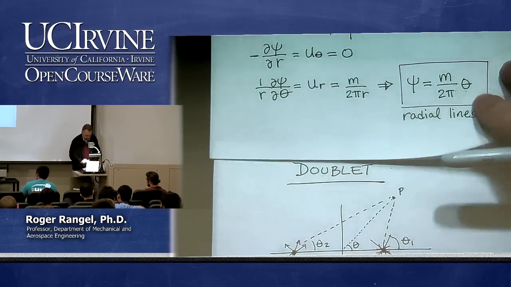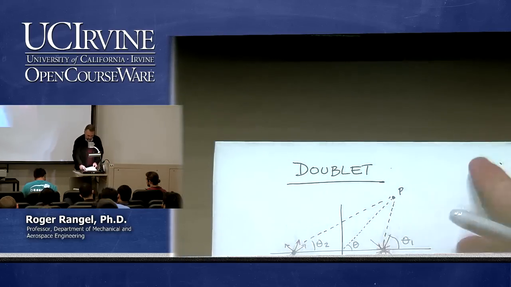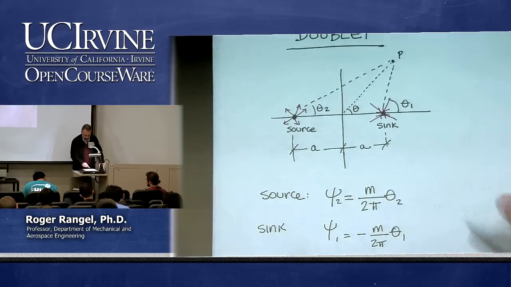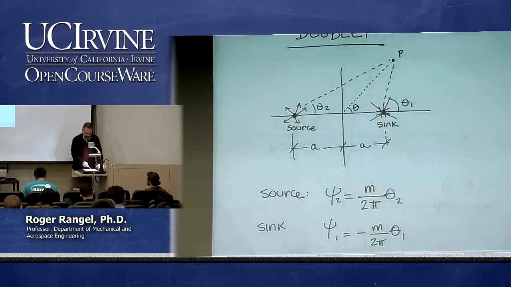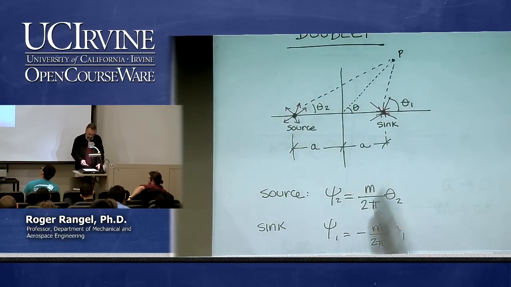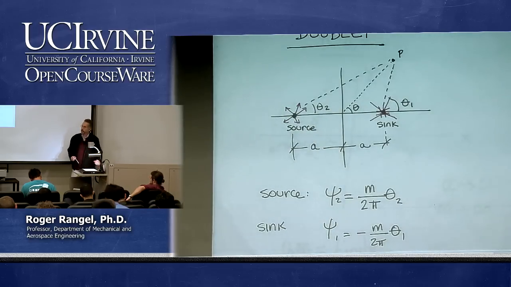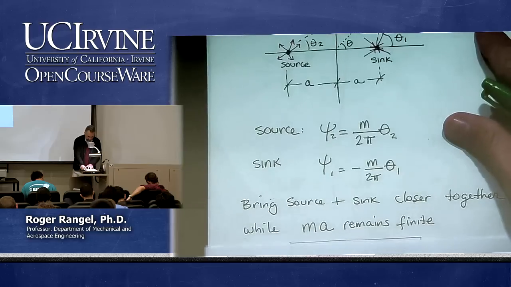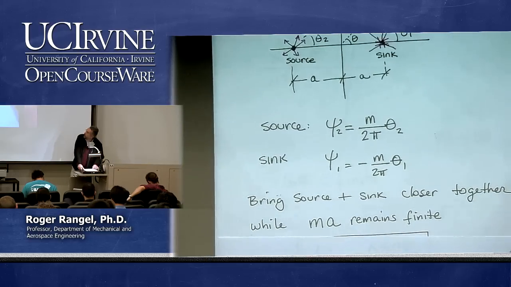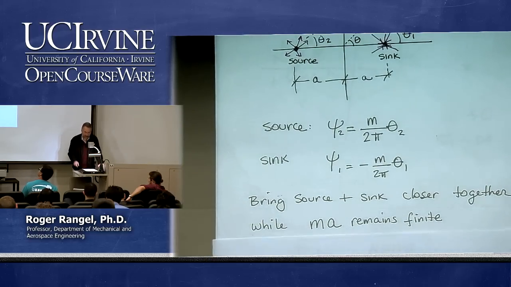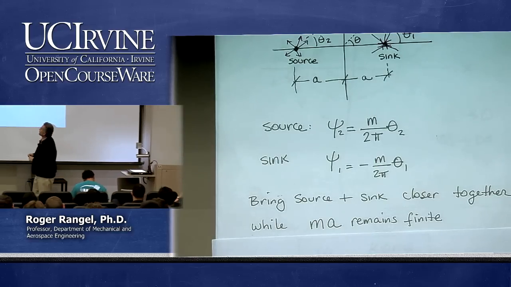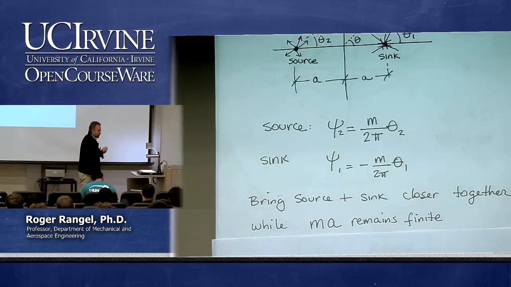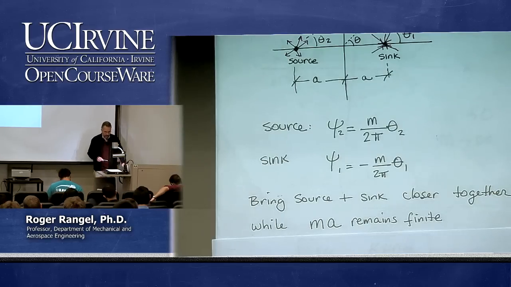So if we continue with that by bringing them together, here is my source and here's my sink. Those are the same expressions that I just showed you. The source, m over 2 pi theta 2 now, and the sink, minus m over 2 pi theta 1. So I bring them together in a way that m times A remains finite, as I indicated in the previous figure. And so if you do that, you go through the mathematics of simplifying what happens,